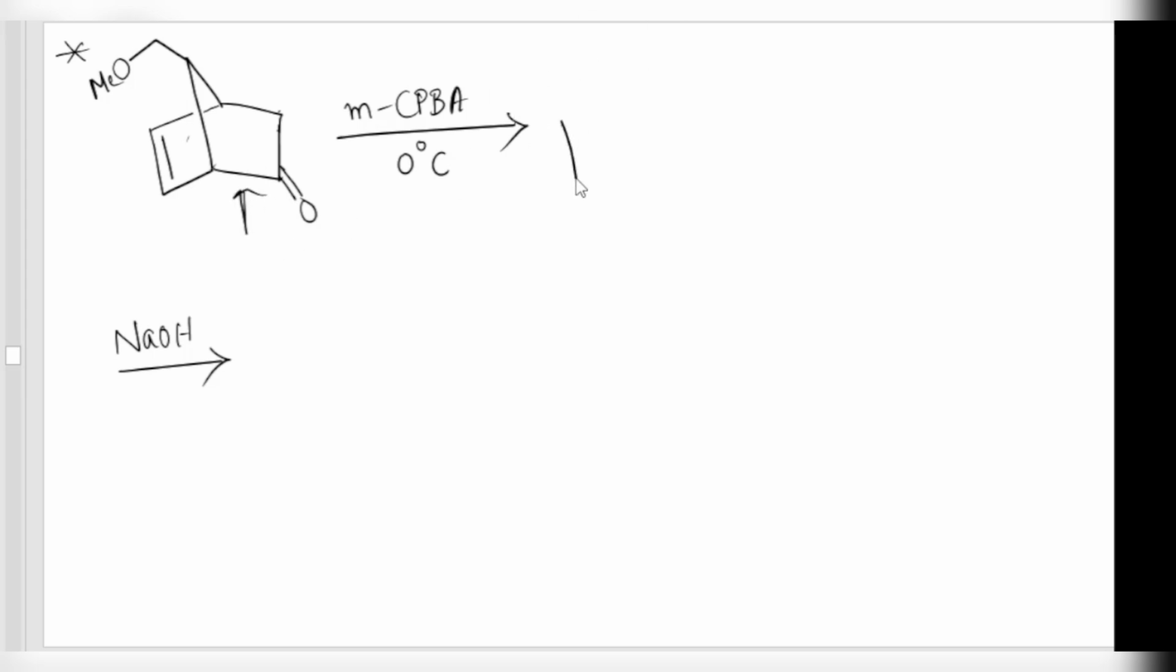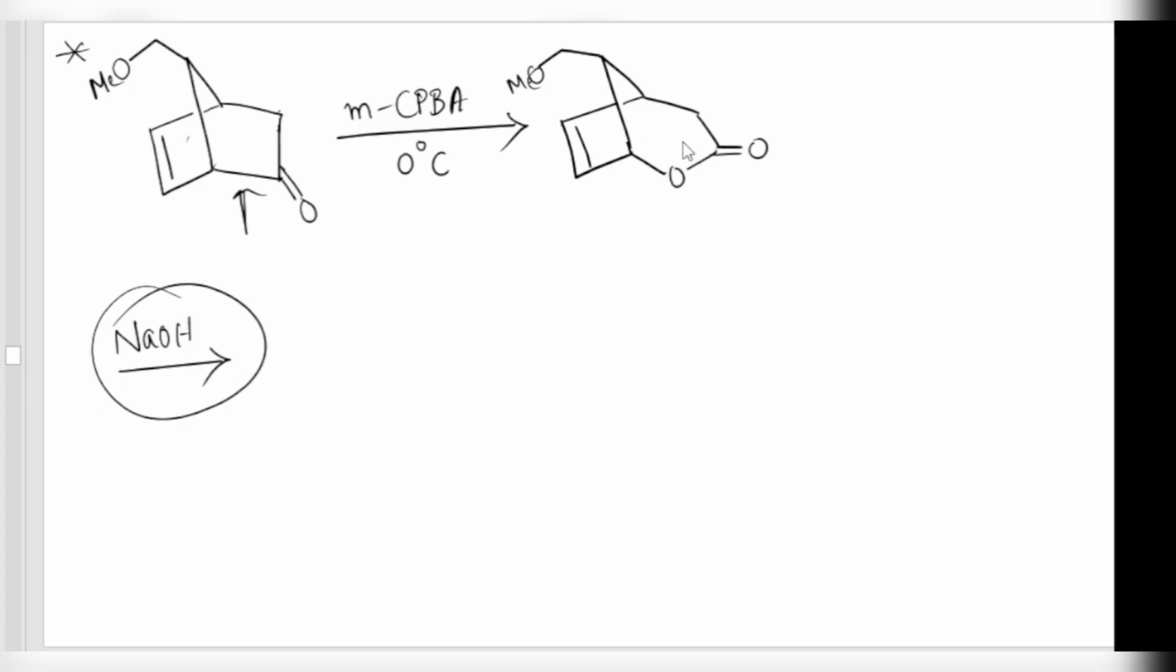then we will get a product like this. Here the carbonyl group is there, the double bond is there as it is, and here a methoxy group is there. After that, NaOH is given. What this means is base hydrolysis is given over here, and finally what will happen, this is an ester. After hydrolysis it will become alcohol as well as an acid. That's why the final product we will get is